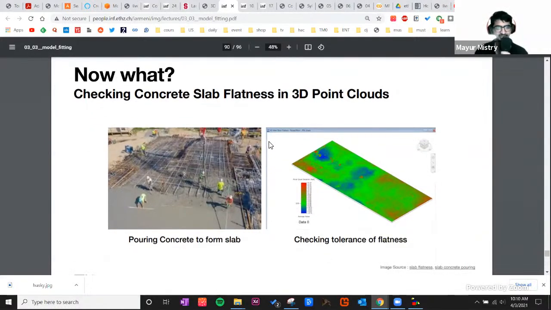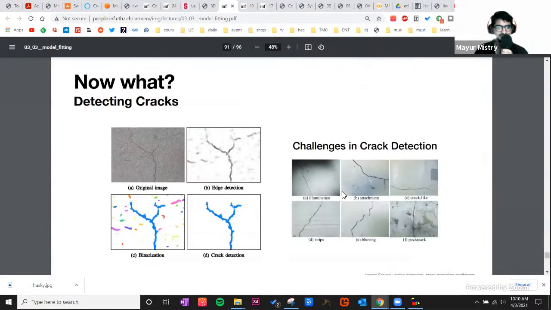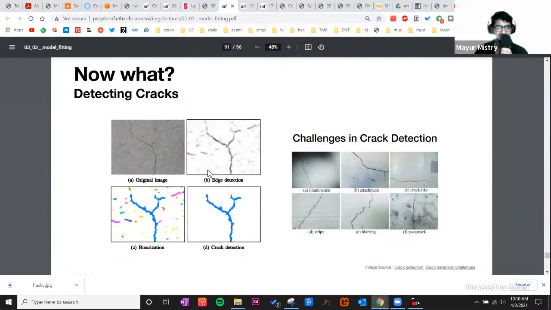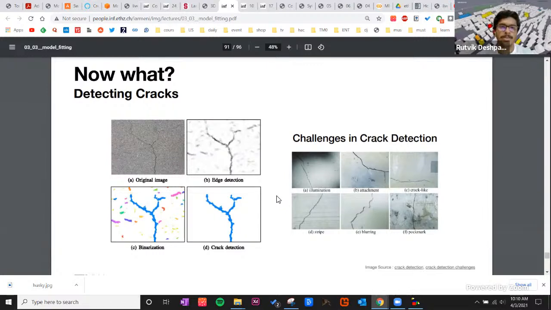Cool. So how can we use this? It can be used to identify the flatness of a concrete slab, where if there are some points in that 3D point cloud which are not in the same plane or are undulating, you can identify them using it. Similarly crack detection. I think it's a very widely used application of line detection,